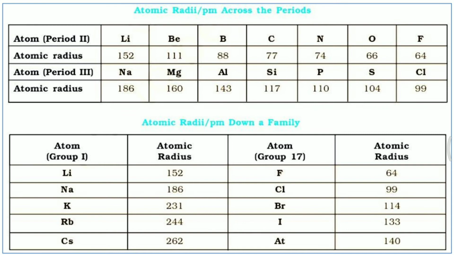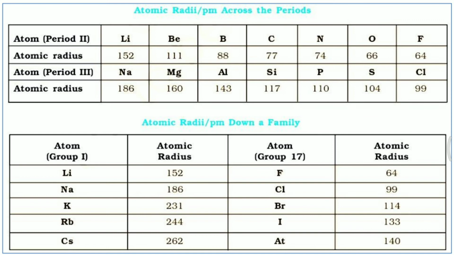If you look at the groups, consider the alkali metals, which are the representative group for the s block elements: the first group, lithium, sodium, potassium, rubidium, and cesium. If you observe the trend in atomic radius, it increases from top to bottom. A similar pattern is also followed in the halogen group, consisting of fluorine, chlorine, bromine, iodine, and astatine. The atomic radius increases from top to bottom.